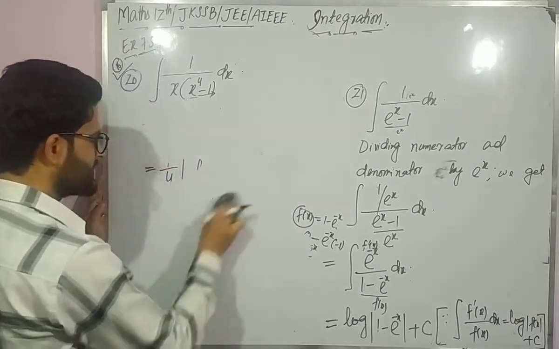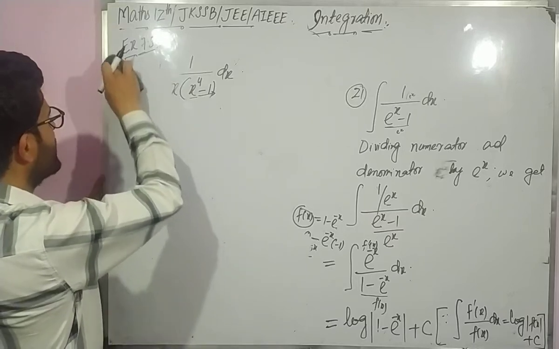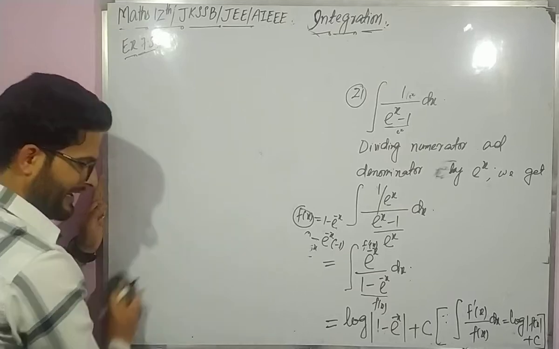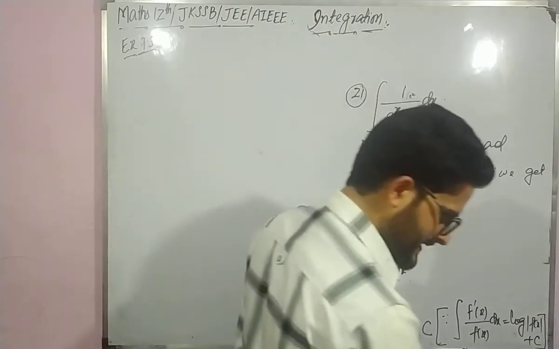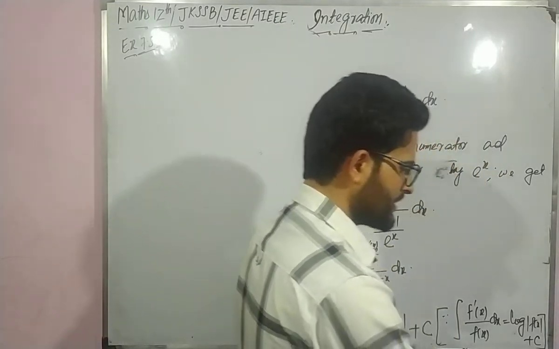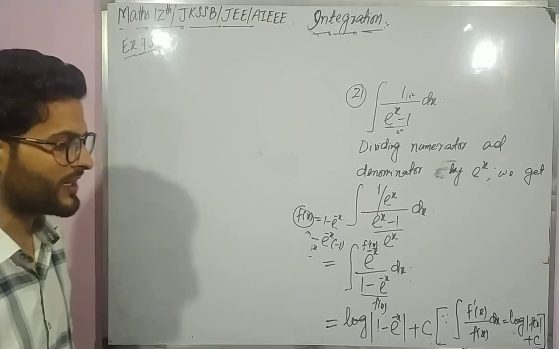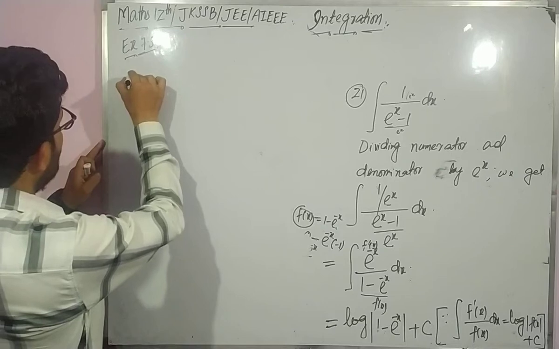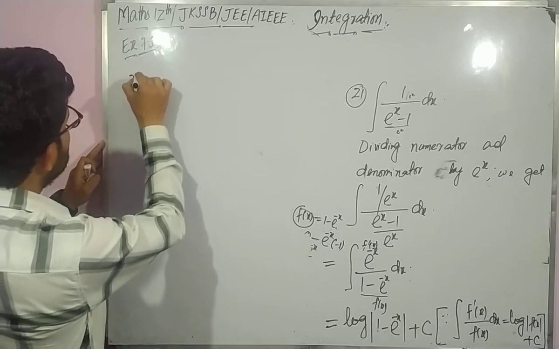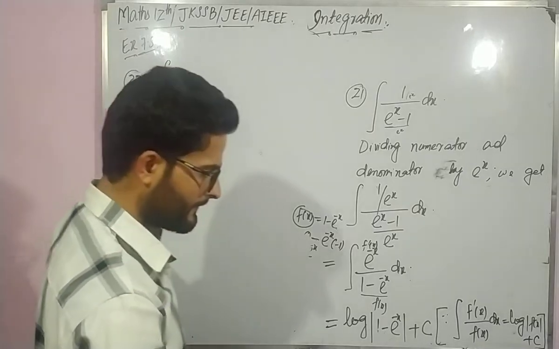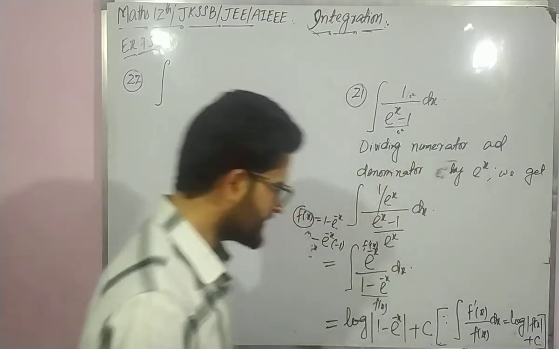Now move on to the next, and that is question number 22 of the same exercise. The penultimate question probably of this exercise. Yes, the question number 22, the penultimate question of this exercise, and that's a multiple choice type. And it is all about integration of x divided by